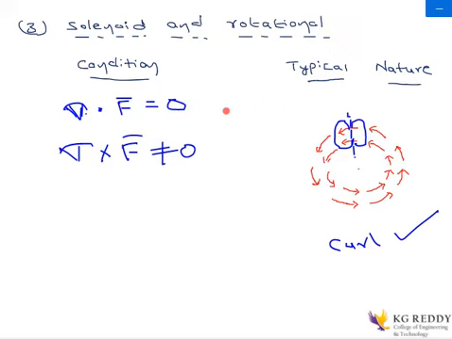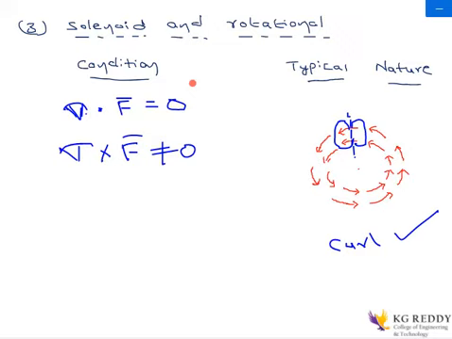As simple as this. Whenever there is a solenoid, you can say that the divergence is 0, as you have seen in the first case as well as in the third case. Because for a solenoid at any point, the incoming vectors create a field exactly equal to that on the other side of that particular point. This makes the divergence equal to 0, and there will be no sink and no source created.